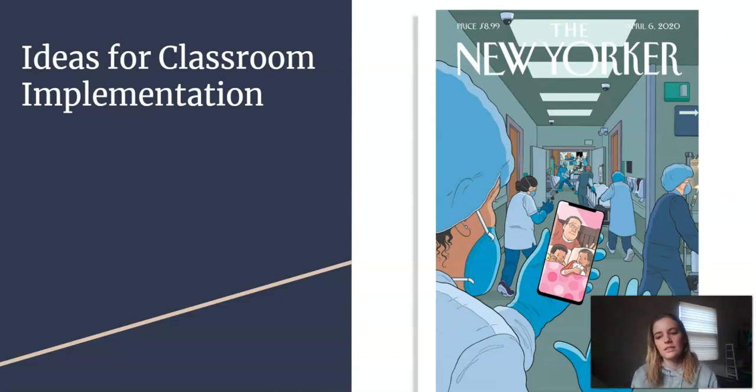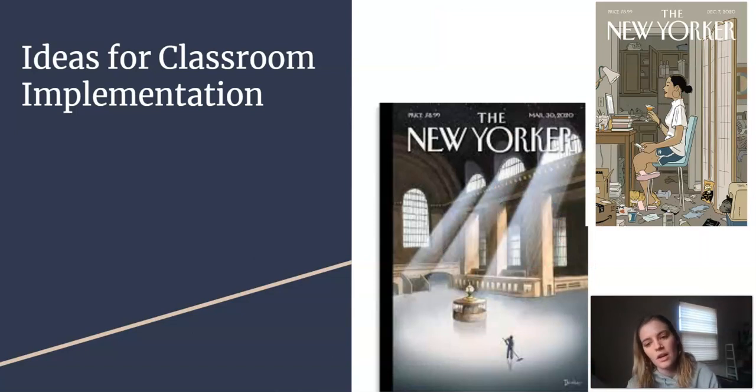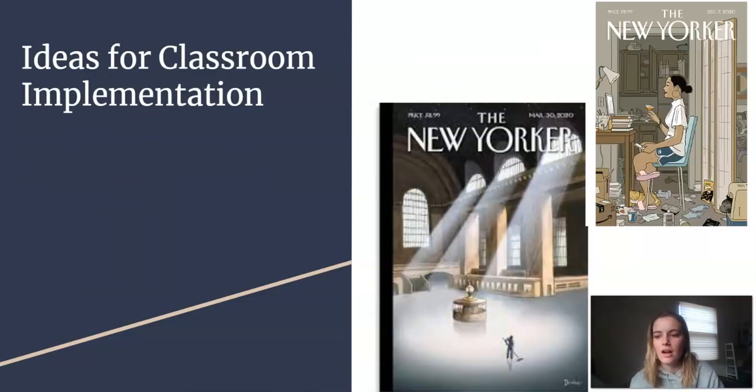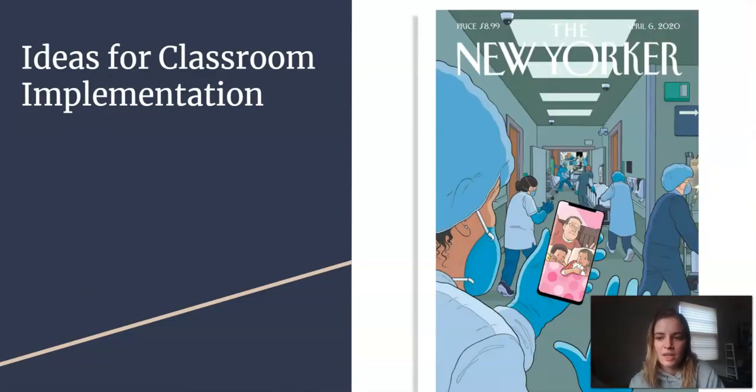I think that these covers could promote a lot of essential questions, and I think that I could see students getting really excited about this, but again, I would have to be careful about their emotional well-being while doing this activity in particular. I would also have to take care to set up the activity in a way that provides ample time for students to first strengthen their visual literacy in general. So maybe taking some time to introduce this topic through journal prompts or other low-stakes assignments before jumping right into a big argumentative writing piece.